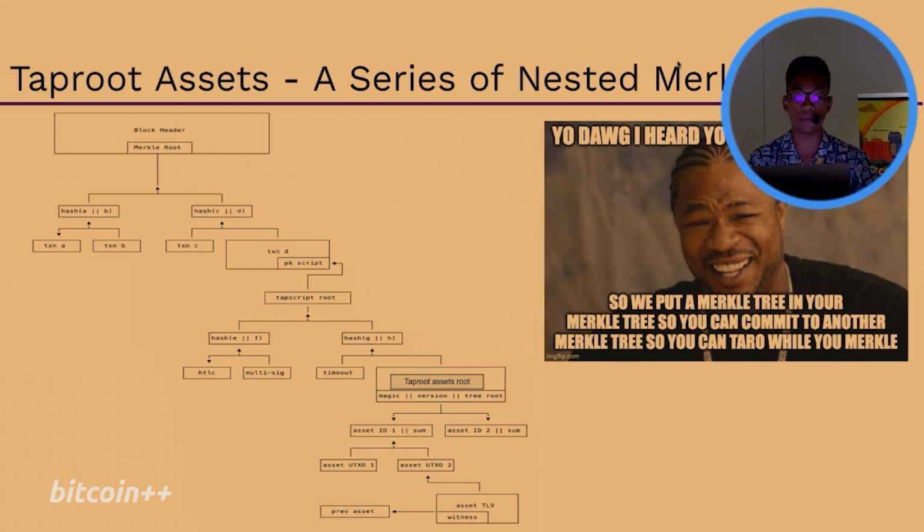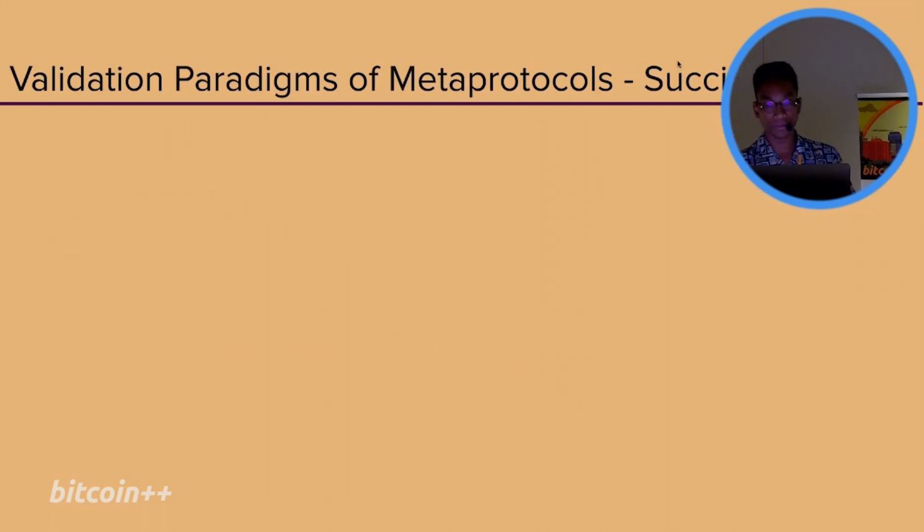And the cool thing about this is that because we're committing to a tree, you can have an unbounded number of assets. Obviously, I think the actual practical limit is 2 to the 128 minus 1, I guess, if you have something on the side there as well. But you can have an effectively infinite number of assets in a single transaction, which is really cool because now you can have one transaction that does N actions. Either that's issuance or maybe that's transfer or other things as well. And we have that Merkle sum property, which means that I can easily validate that you have some amount of a particular asset without necessarily revealing the root, and you can do additional proofs and things like that later.